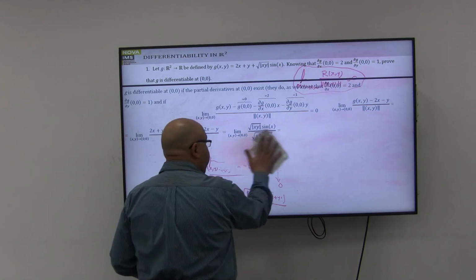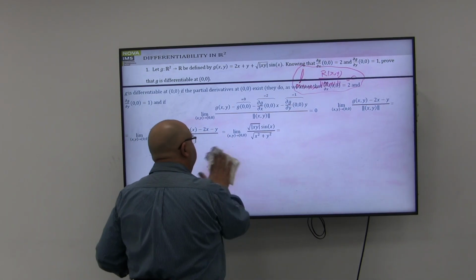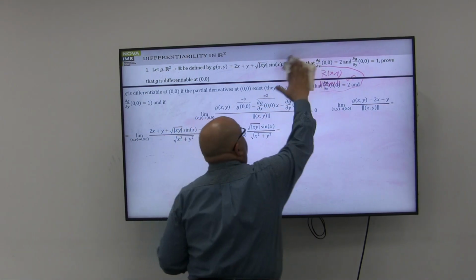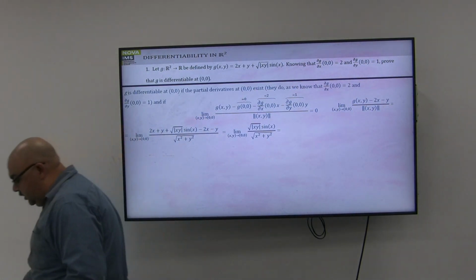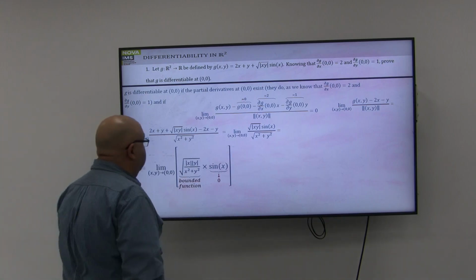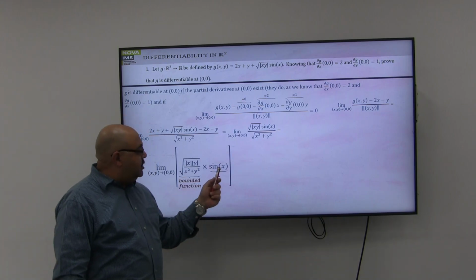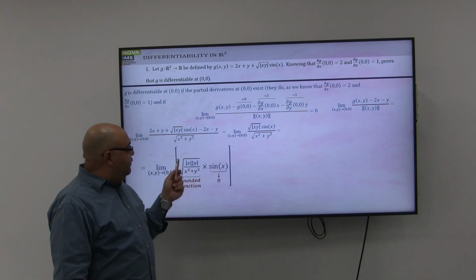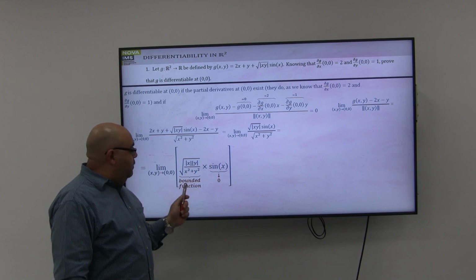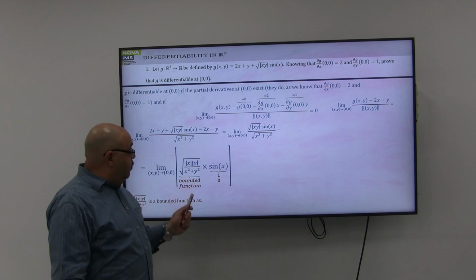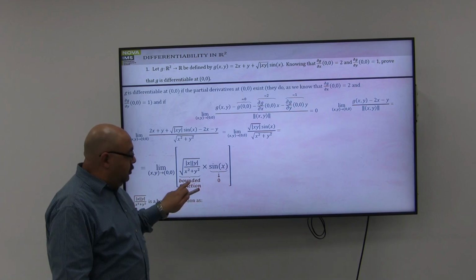So once more, all I have to do is to use the advantage of the squeeze theorem. That's the simplest thing to do. I will let it be sine x, which tends to 0. This value, which is the root of x, root of y, exactly as I did, is going to be a bounded function. And so multiplying 0 by a bounded function, the result